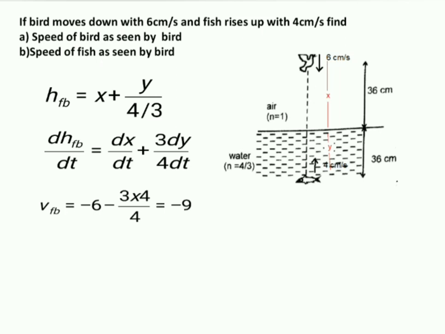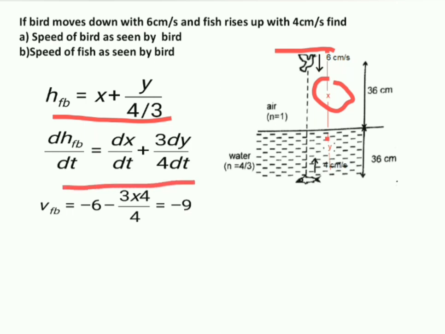Okay, let us take the first bit. I am finding out apparent position of fish with respect to bird. Who is the observer? Bird is the observer. So start writing the apparent distance. H of fish with respect to bird is, from bird to water it is x. Bird is in medium of refractive index 1. So 1 into x, plus remaining distance is y. Refractive index in which the fish is present is 4 by 3. Just now I gave you the mu naught into h1 by mu1 plus h2 by mu2 formula, I have applied.